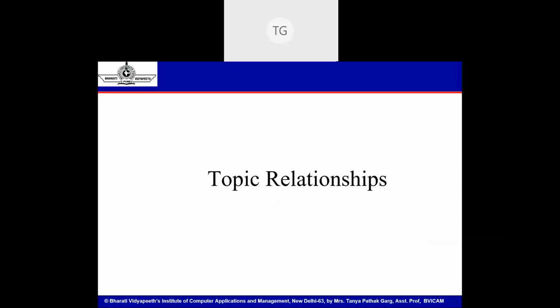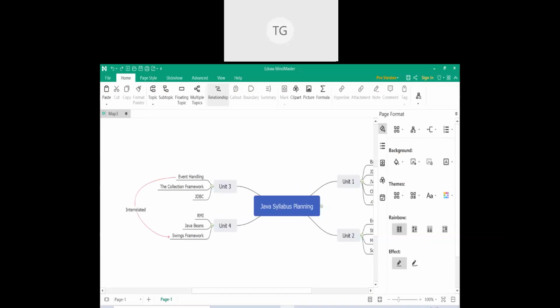Now I say topics can also be related. There can be a topic in unit 3 that is related to unit 4. Like I say, event handling in unit 3 is taught using the AWT framework. The same topic is also a part of the Swings framework in unit 4. So how do I establish this relation? On the top panel in the main tab, you will see there is this option called relationship.